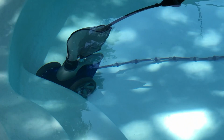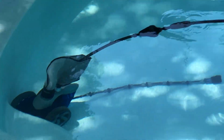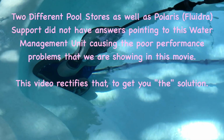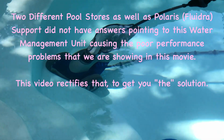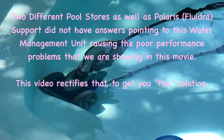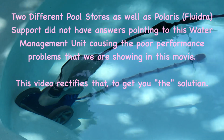So, yep. Not only does the thing get around the pool lethargically, but the backup valve won't perform well enough to back this thing out of this scenario. Maybe 1 out of 20 backup cycles it'll come out of the hole just by pure luck, but you're losing so